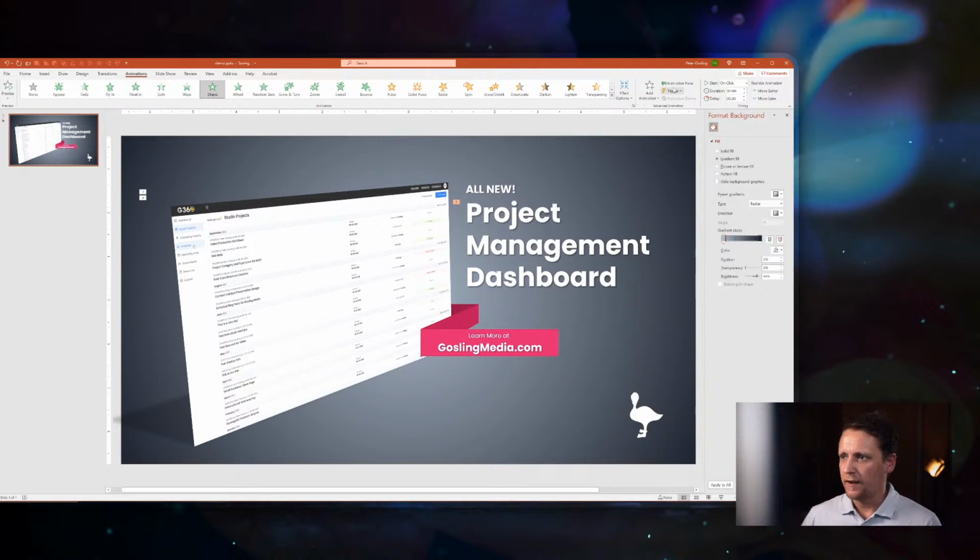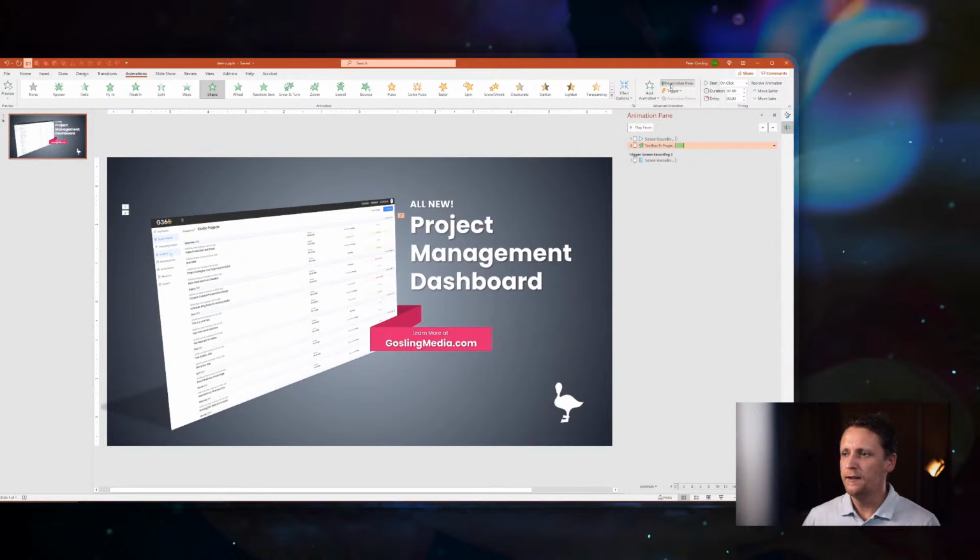The best way of animating, though, I find, is if you come up to the top and click this animation pane, it opens this side window, and this actually works like a timeline. So if you've ever worked in iMovie or Adobe Premiere or anything like that, you'll recognize this sort of timeline